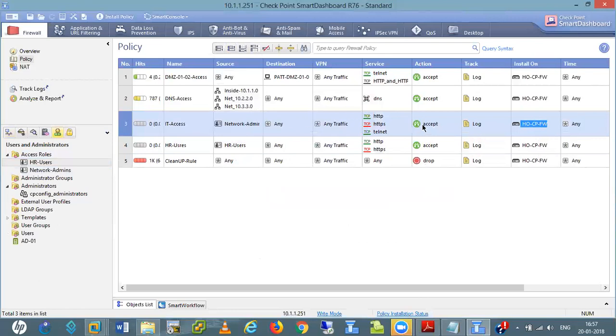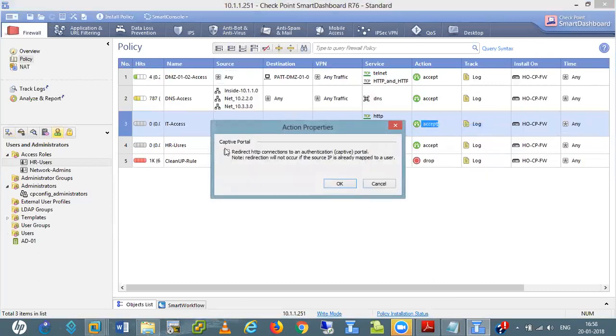But if we want user based authentication, we also configure this captive portal. For captive portal, we right click on accept and edit properties. Here we rewrite HTTP connection to an authentication captive portal. Note, redirection will not occur if the source IP is already mapped to a user. It means if we are already authenticated with the AD server, it does not give us a captive portal.